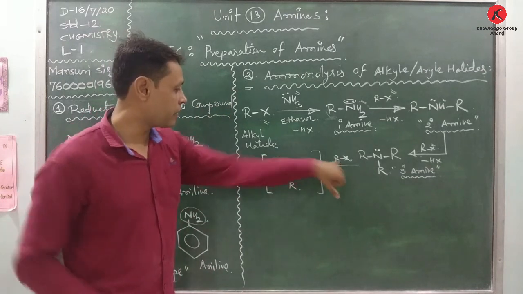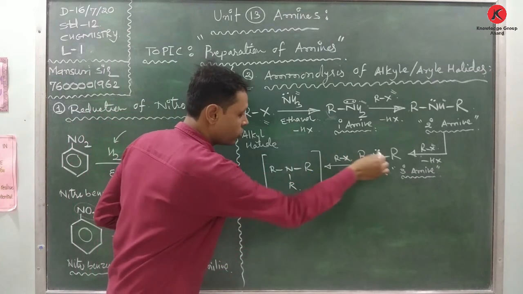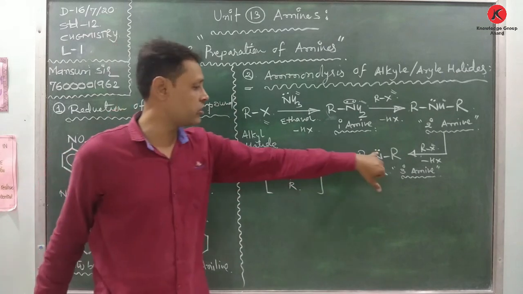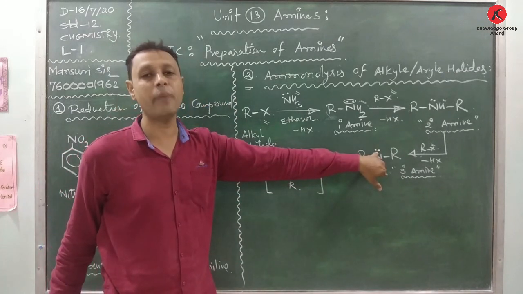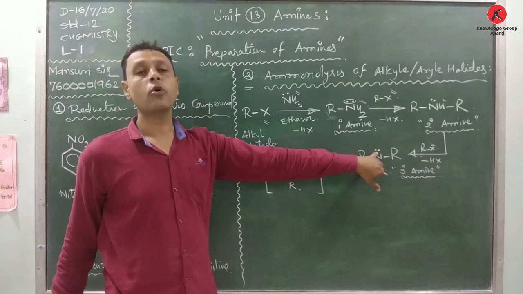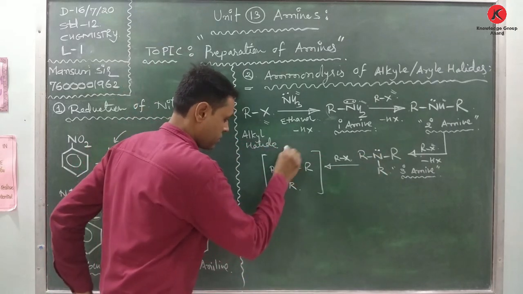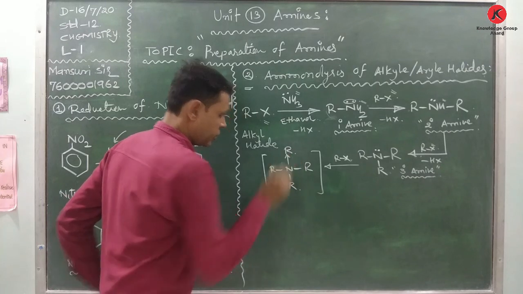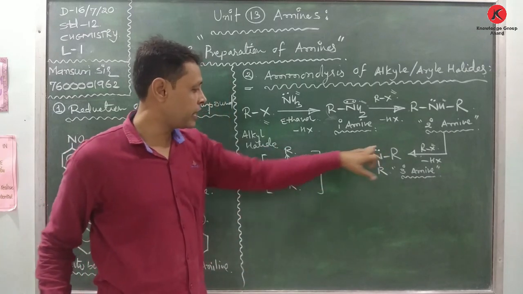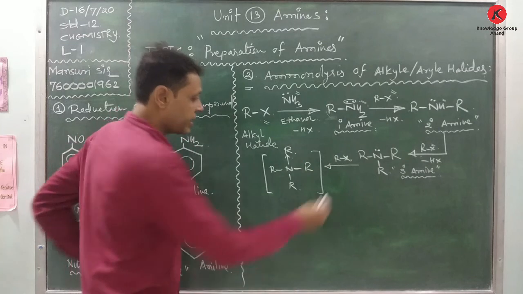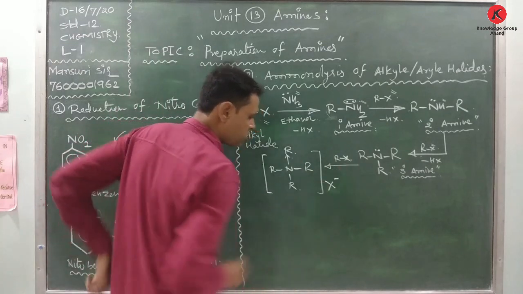Now your R will go toward N because nitrogen has a non-bonding electron pair, so it forms a coordinate covalent bond with R. Nitrogen donates the electron to the alkyl and here X will be outside of this box,